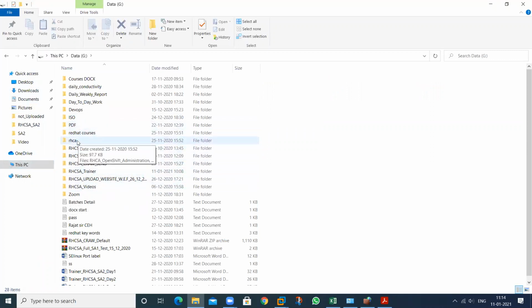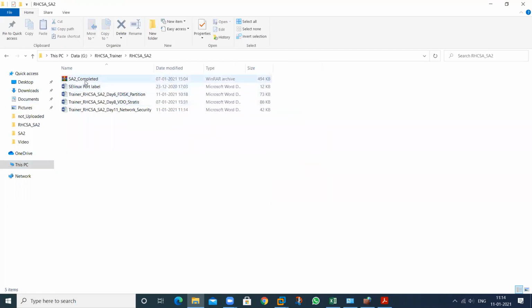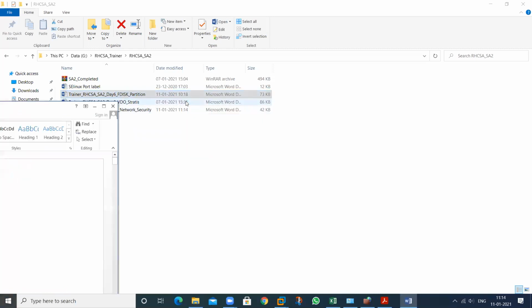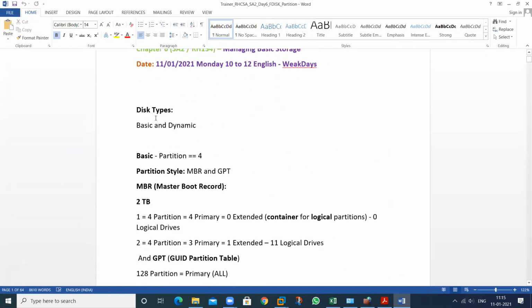Do you know about Windows disk management? Disk management. Do you have knowledge about basic disk, dynamic disk?